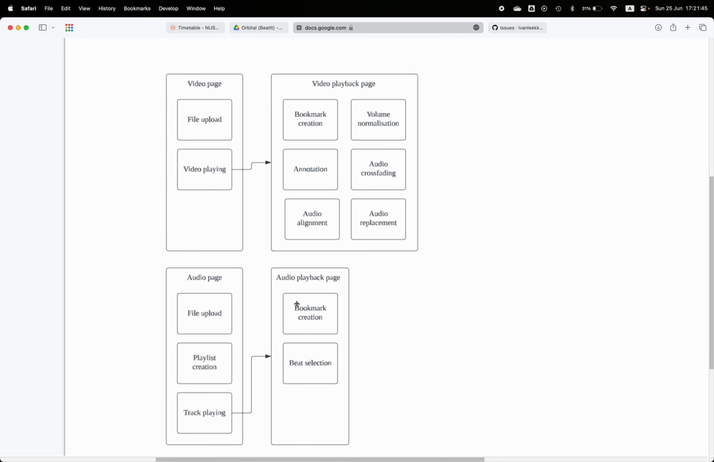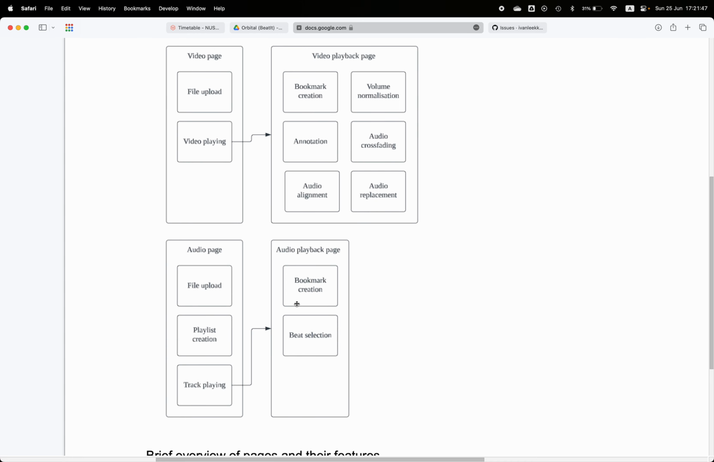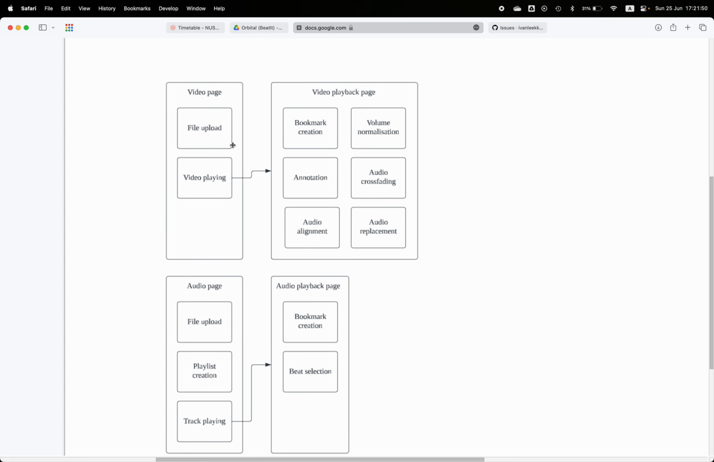And this is a brief overview of the features for both audio and video pages which it runs. So for the video page, you can upload files and you can play files. And within the video playing, you can also create bookmarks similar to how we have done for audio. You can normalize the volume, add annotations for future reference for note taking, so that other dancers are able to see what they are doing wrong. And you can also do audio cross-fading, audio alignment, which is the main feature that we want to implement, which will allow you to replace the audio in the video tracks with a clearer, sharper audio, the original audio